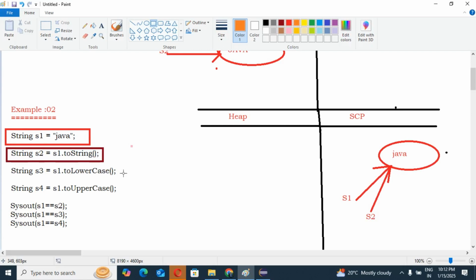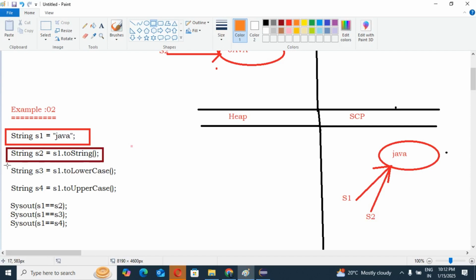Guys, can you tell me, when we call s1.toLowerCase(), first tell me what is s1? s1 is Java. So if we convert Java to lowercase, will the content change or stay as it is? Obviously, the content will stay as it is, because Java is itself in lowercase. Even if you change to lowercase, it will print Java only.